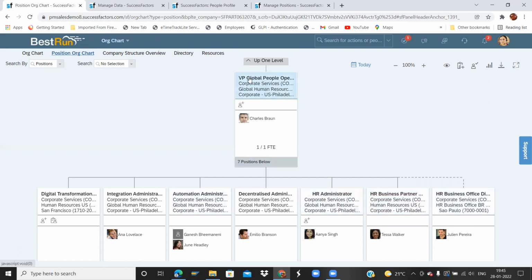Now, if you can see, there are certain things mentioned over here, like title, division, department and location. But I want to add some more fields, like I have done here for the company structure overview. So no need to go to configure company structure overview again. Here you have to go to configure org view, basically org structure view. You will be having org chart configuration. Basically this is view org chart. You will be having two actions, view org chart and org chart configuration. I'll be going to org chart configuration,